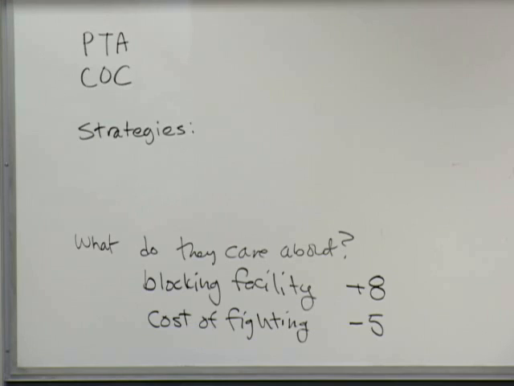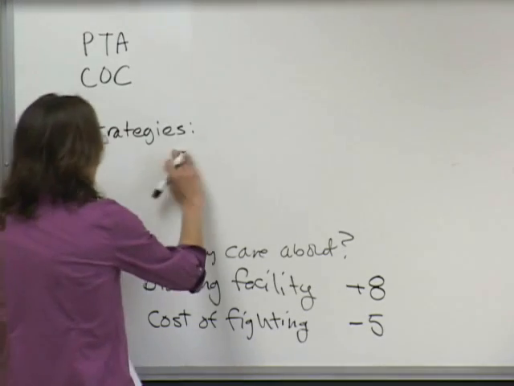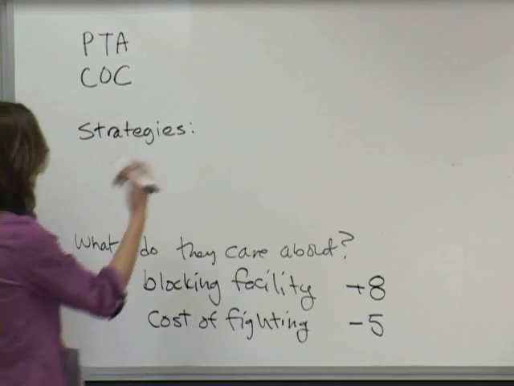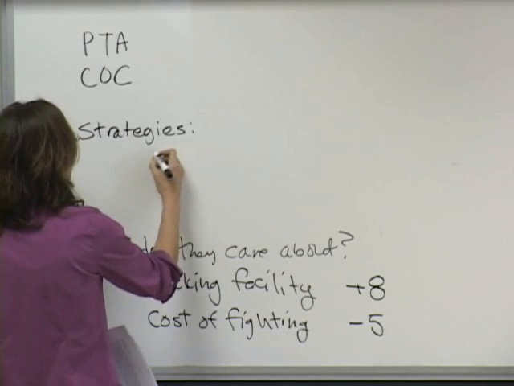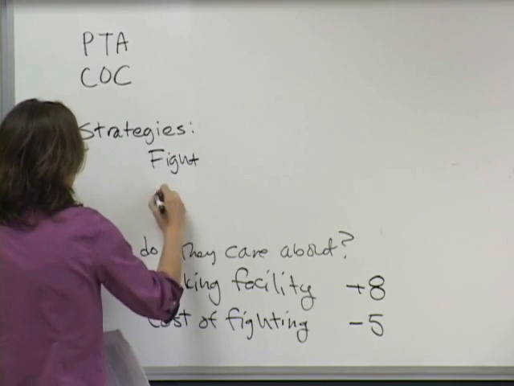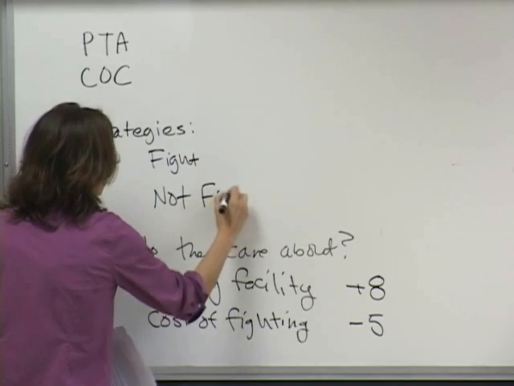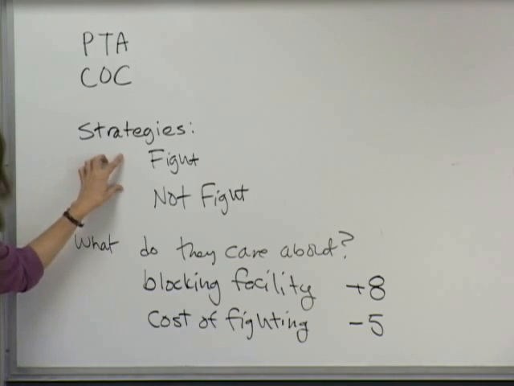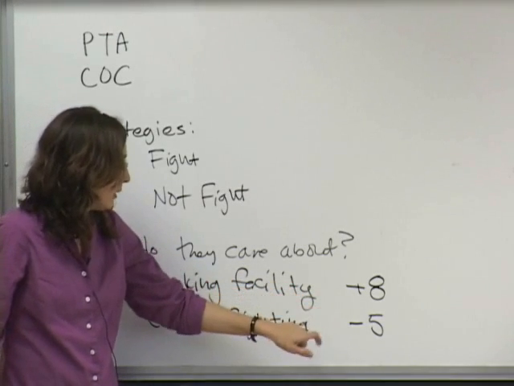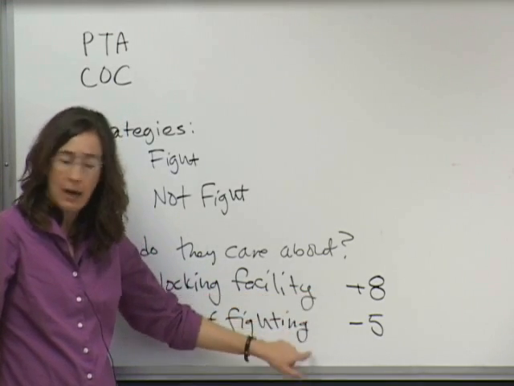Good. While I'm doing that, I'm also thinking, what are the choices these guys have? My sense is that you guys are pretty good about figuring out the choices, that few people are having trouble with that. In this case, it's fight and not fight. So right here, I've got my first two things. I've got my strategies, I've got my preferences, but in order to tie them together, I need to figure out the outcomes. I need to figure out what combinations of fighting and not fighting will activate